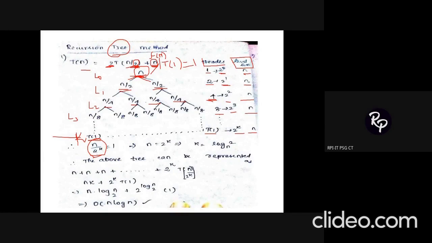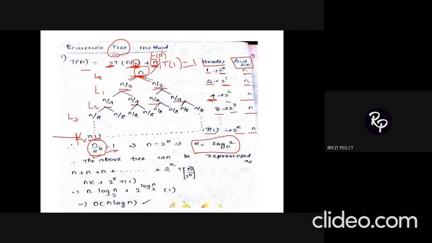And we know the base time complexity is equal to 1. So that's why I am assuming this value as 1. So this is the same as your iteration method, applying log on both sides and reordering the values. Finally, you will be getting the value for k as log n to the base 2. So here we are not introducing any new calculations. The same thing which we follow for the iteration method, we are going to make use of it here again.